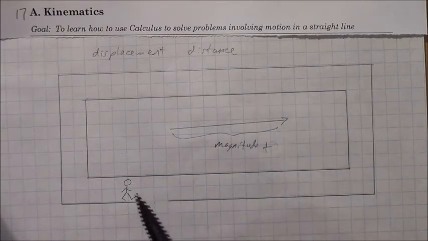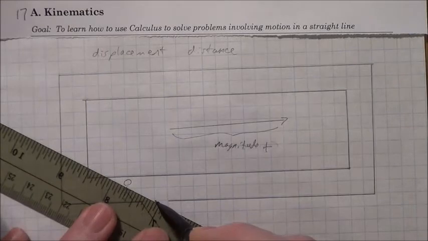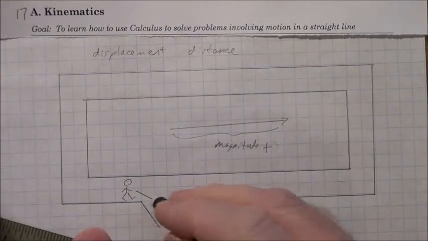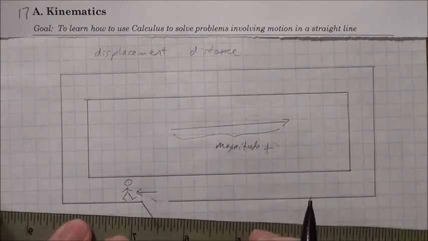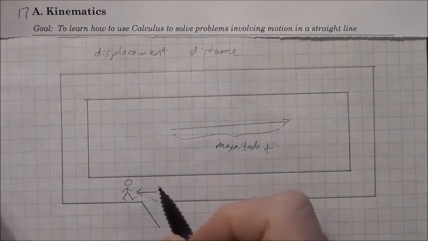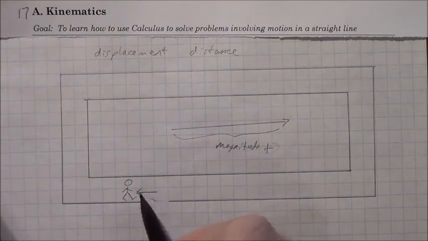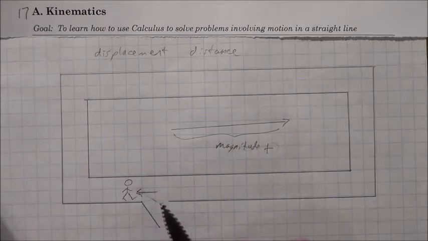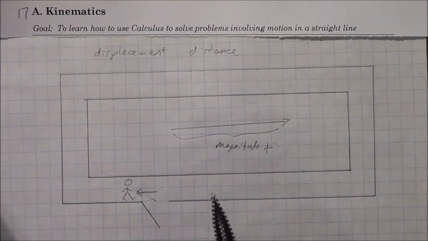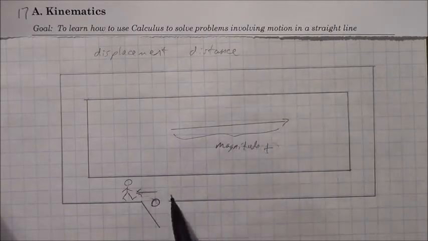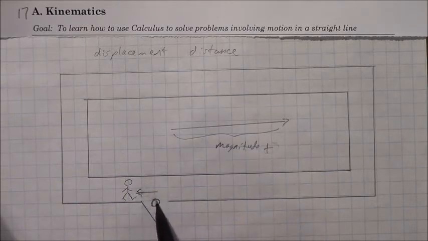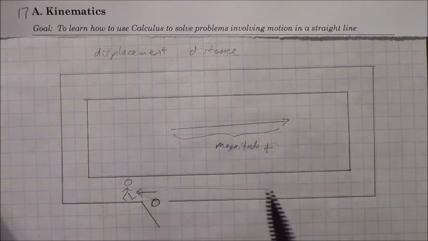If we look at the displacement of this person from the center of the doorway, we wouldn't talk about the angle there, but we can just talk about the horizontal distance from the doorway. We can see that the displacement from the doorway is negative, and the magnitude, the length of that vector, isn't very long. So this person is a very short negative distance from the doorway. That would be the displacement. What we don't know is, perhaps if the person started at this doorway, and we're going to use this doorway as O, the origin or the point of reference,